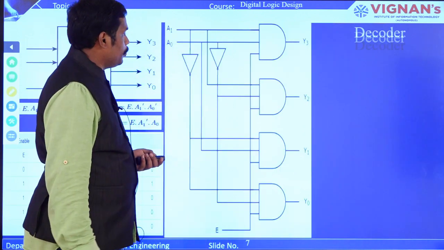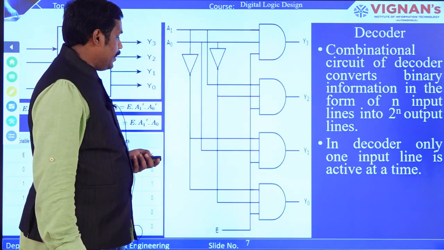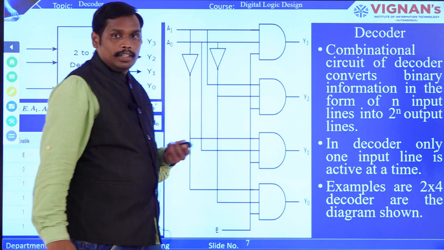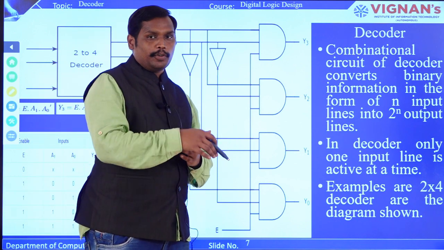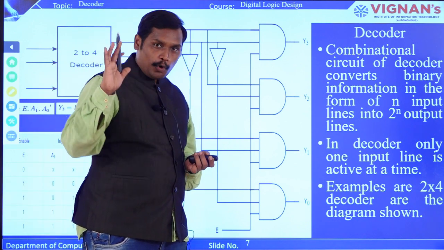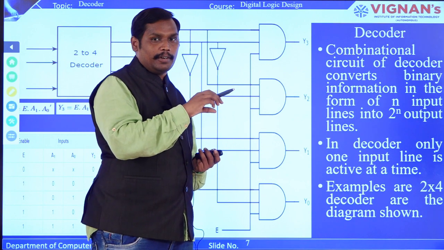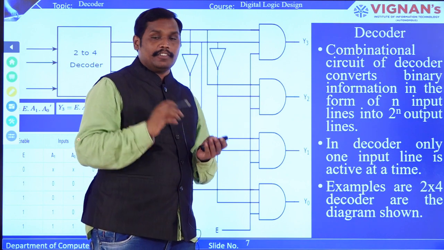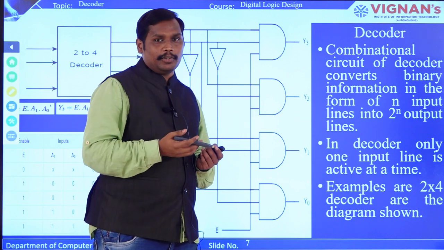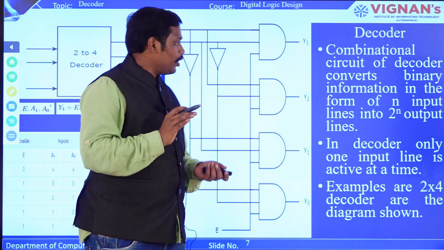So now coming to decoders. Here a small change, that is the reverse of the encoder. Encoder generally takes more bits and reduces them to fewer bits, whereas the decoder is reverse. It will take fewer bits and convert them to more bits, right?